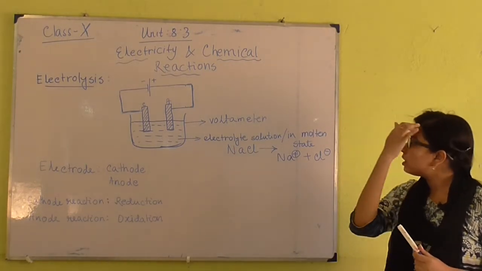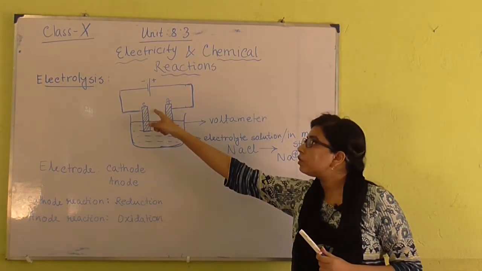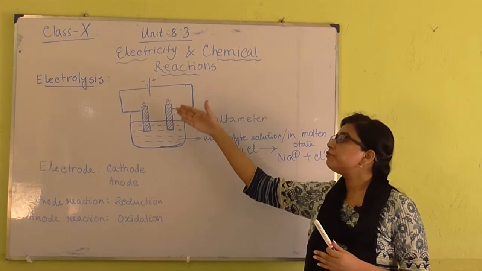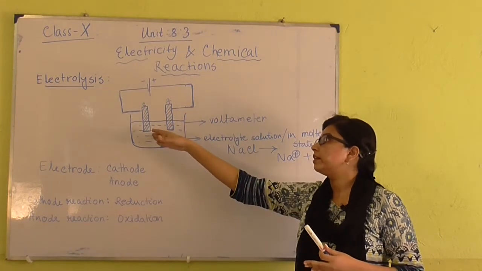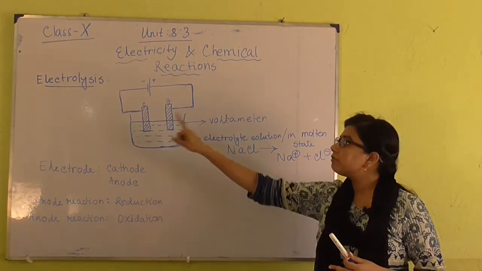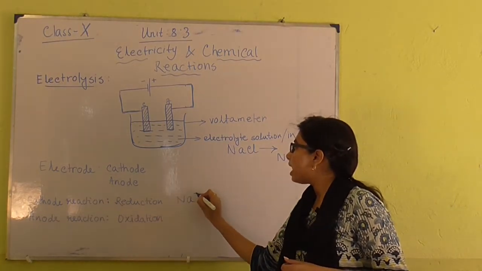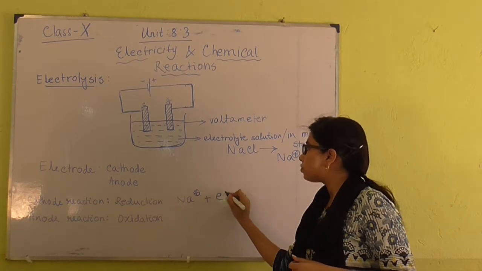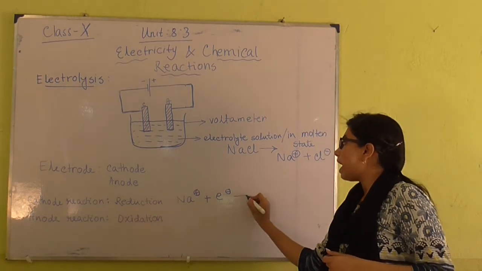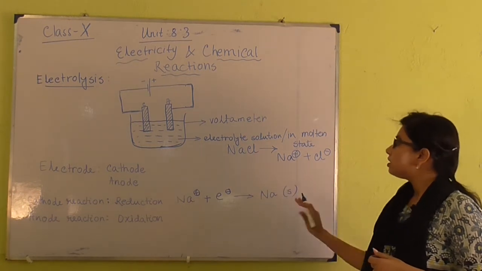Now according to the rule, all the cations will move towards the cathode, because the cathode is connected to the negative terminal of the battery, so it will act as the negatively charged pillar. So all the cations will move towards this cathode. So all the Na+ ions will move towards this cathode. In the cathode, Na+ will accept 1 electron, as there is 1 positive charge, and it will form sodium in neutral state,